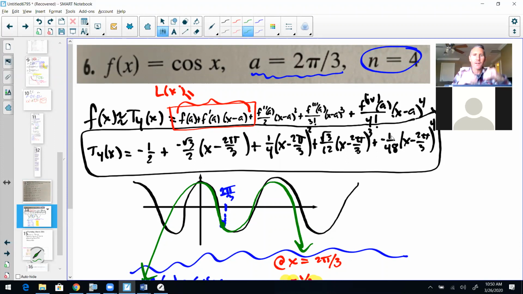And then I know that it's going to mold nicely to this function. So it's going to look something like this. As I go away from where it's centered, which is 2 pi over 3, it's going to mold nicely to the original function, but at some point it's going to vary. So really this guy might look, you know,